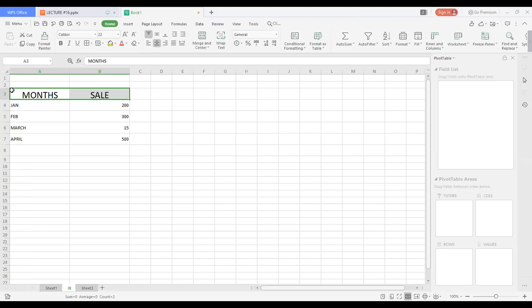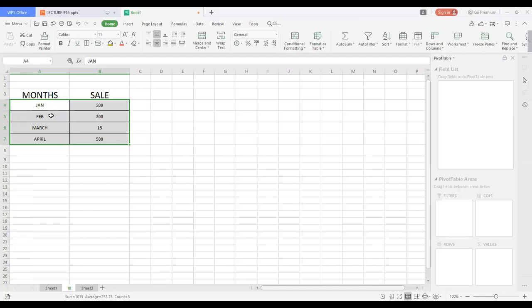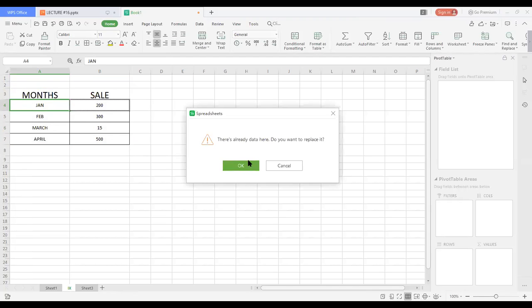Center the text, then make the borders of it. Now I will select the data, particular data,